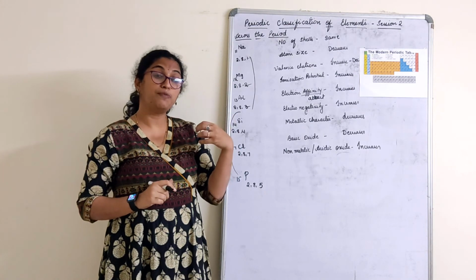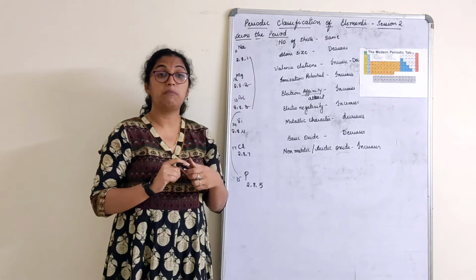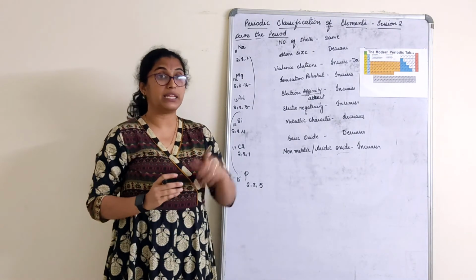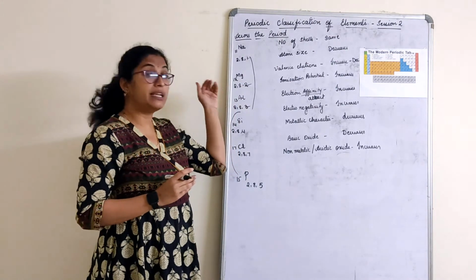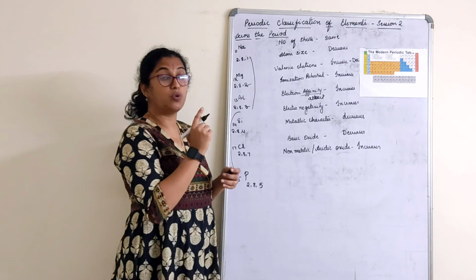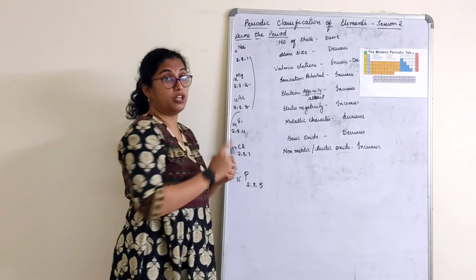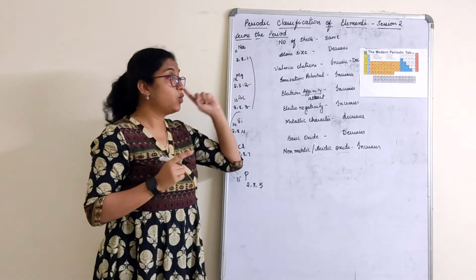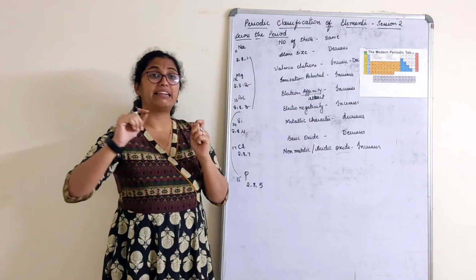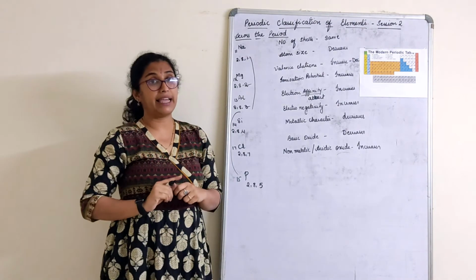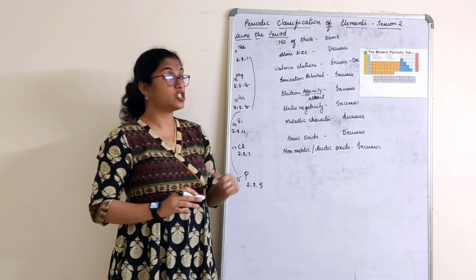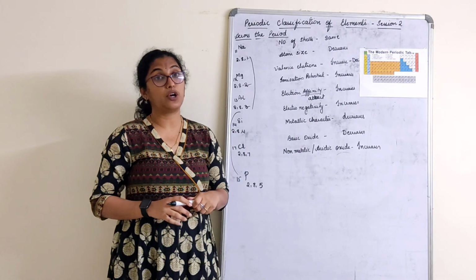So in a group what will happen? They are metals but metallic character increases as you come down. They remain metal only, except hydrogen. So in a period what will happen? Initially they are metals but as you go, we always read from left to right, children. Remember that. In the period, when you go from left to right, slowly the metallic character decreases, non-metallic character increases, right? So these are the significance of groups and period in the periodic table.